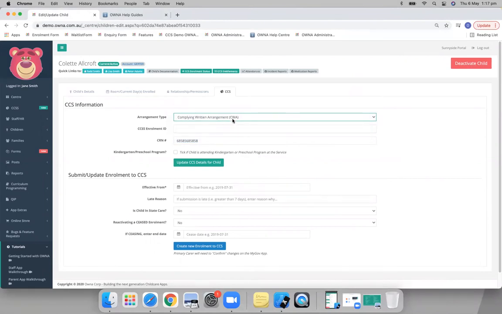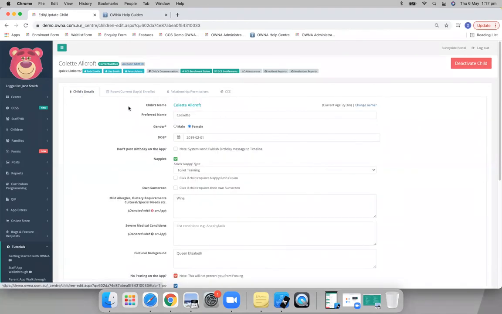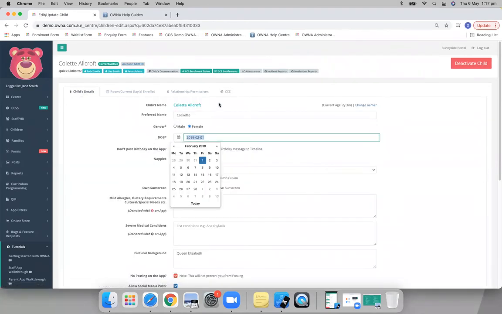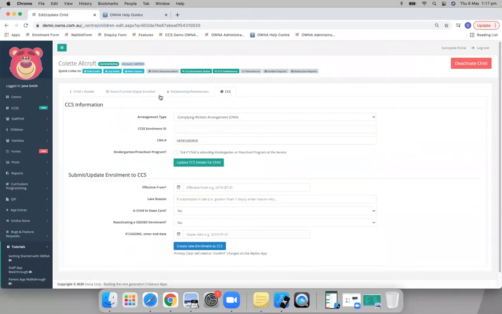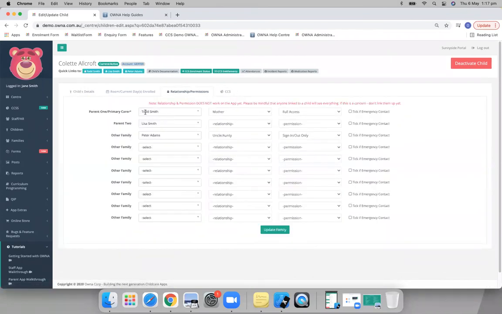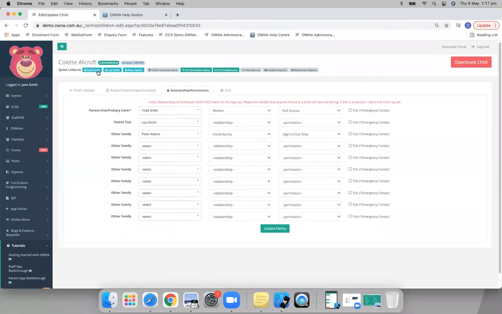But when it comes to CWA, it is a little bit more particular, okay? So the CWA needs to match the information that's already in the CCS database. So what I mean by that is the CRN of the child, as well as the child's date of birth, need to match, right? And also the primary carer, so in this case, Todd Smith, when we click on their